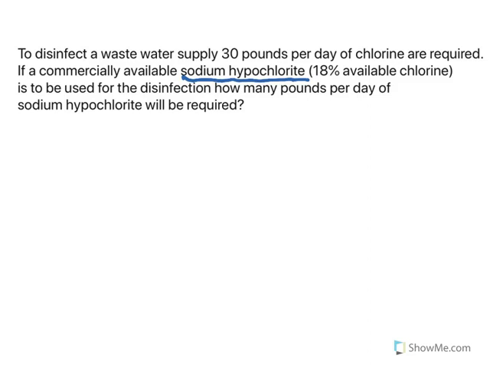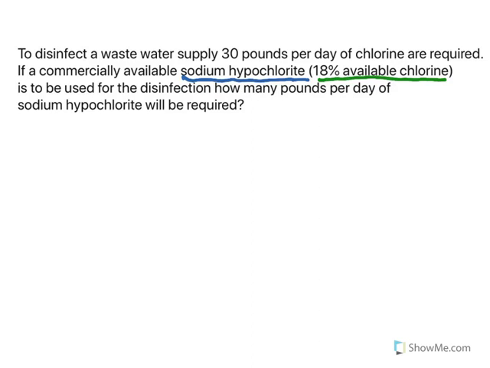So in order to compare the two, we use a term called available chlorine. So 18% available chlorine means that, of course, that amount of sodium hypochlorite would be equivalent to 18% of that same amount of chlorine. So to solve the problem,